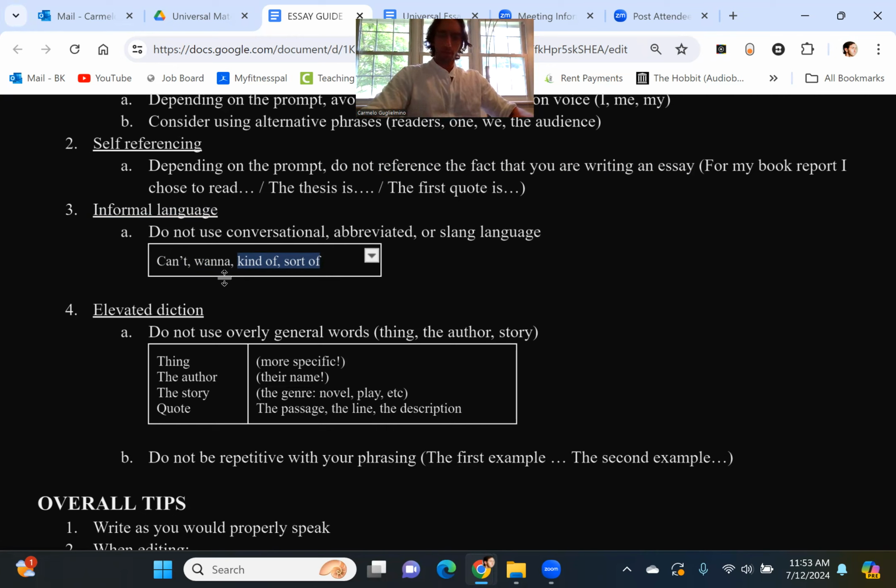Those are conversational. Those are also typically what I'm going to call fatty words. Those are just words and phrases stuffed into the writing that we don't need. They're not necessary. You could take them out and get the exact same level of content in your writing. So why are they there? They just add extra space and make your essay longer. Get rid of them. We don't need them. So, no informal language.